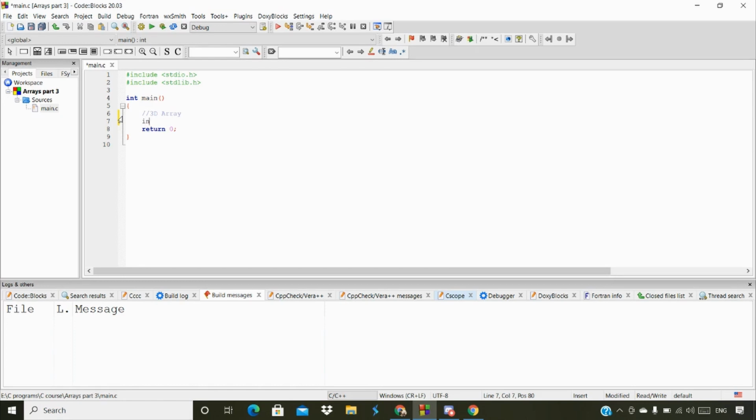If you want to write a 3D array, how do you declare it? First we write the data type, which I have already written as integer type, and then the array name. The array name I'm giving is a, and then we have to mention three square brackets, where we mention the dimensions for this particular array. Now I'm going to give 2 here, then 3, and then 3.